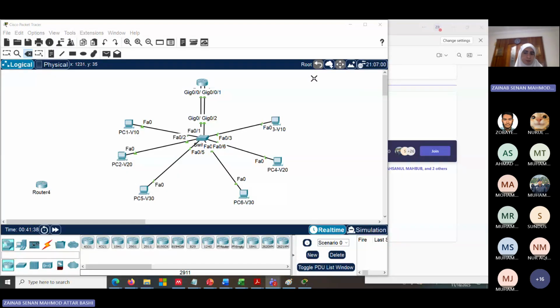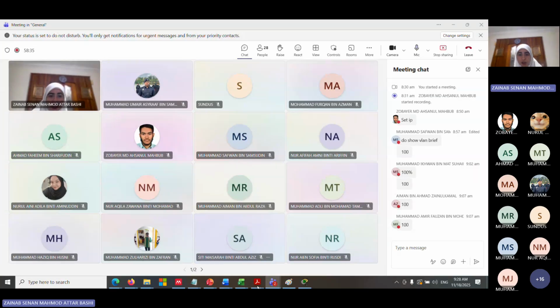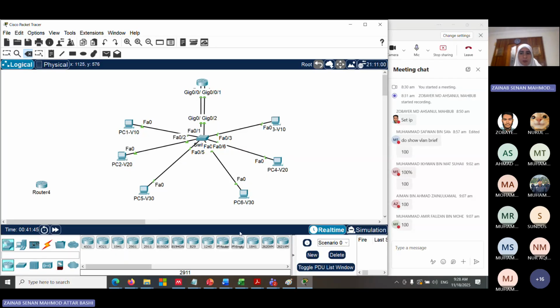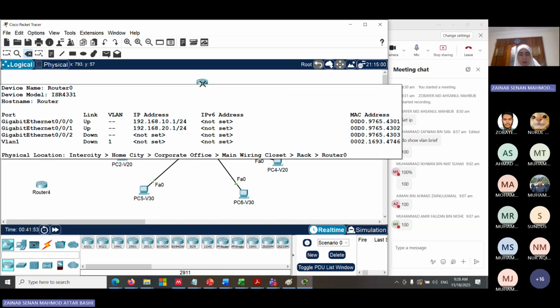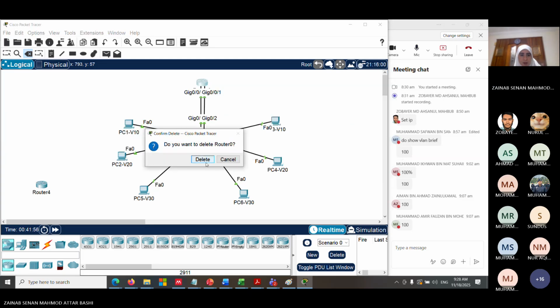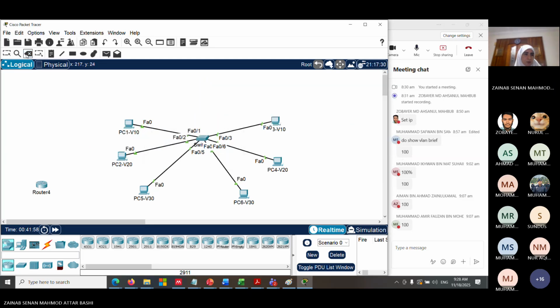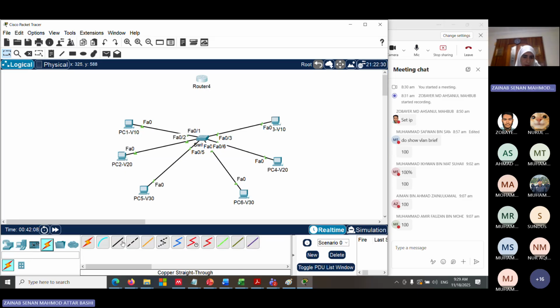I will get it for myself. Now let me try to do it, and let's do it together. As I said, because of the limitation of the router itself, we will not be able to use the same router in order to fix the problem of adding another VLAN. I need to remove this router and bring a new one, which can have enough ports, 3 ports for 3 VLANs. So for here, what I would do, I will connect,